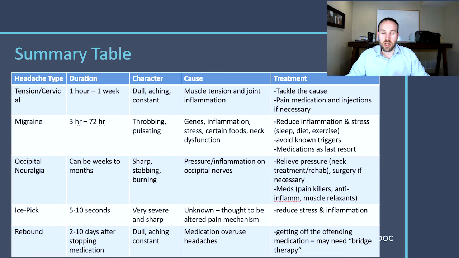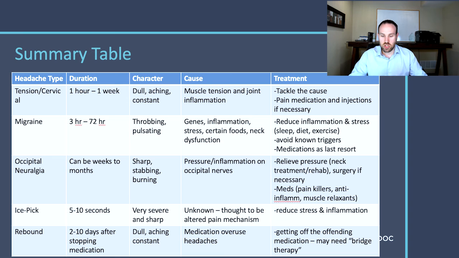And some people that drink a lot of coffee may notice that they get headaches when they don't drink coffee. Like if I wake up in the morning and don't have my coffee, by about 2 o'clock I have this headache and I just don't know why. That's a dependency headache. I am addicted to caffeine, and when I don't have my morning coffee, I end up with a headache. And this is exactly the same thing, or similar to a rebound headache.